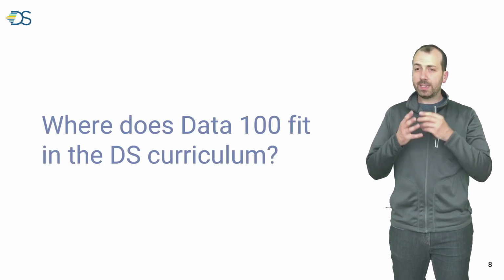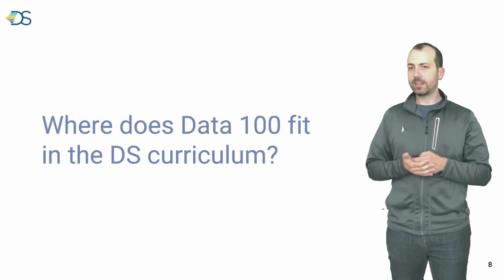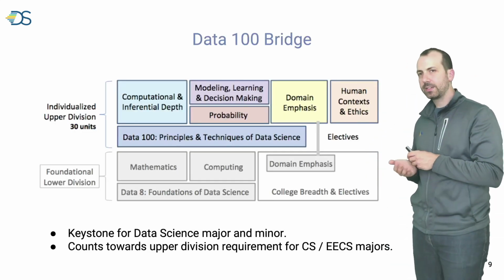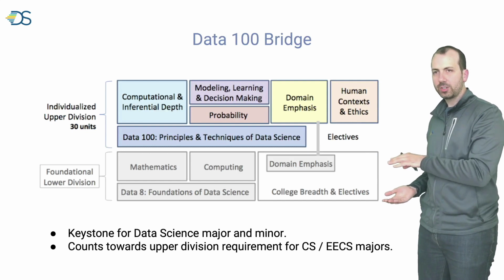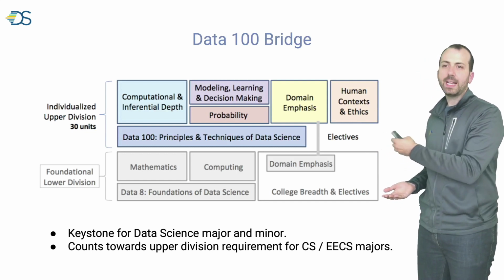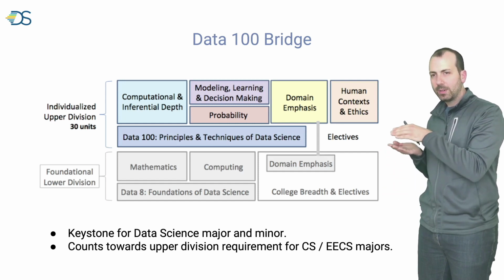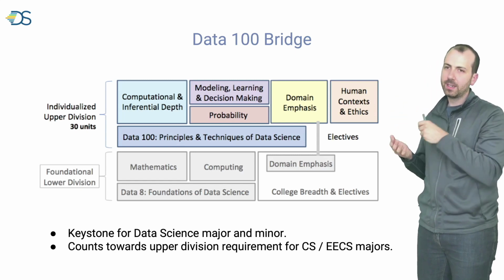All right, so that's a bit about the students. Now, the class is organized, as I said, as a mezzanine class. So it fits sort of in the middle of the data science curriculum at Berkeley. So the lowest part of this chart here is the introductory classes. Data 8 builds the foundations that you need to take Data 100. Then Data 100 sits here in the middle that's supposed to prepare students for these upper division classes in statistics,